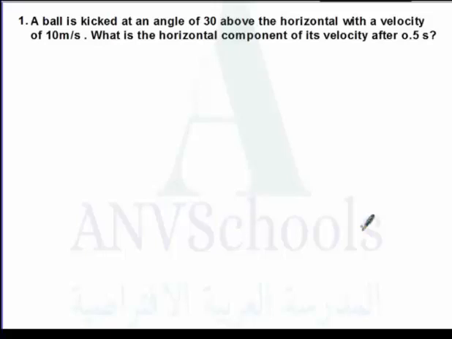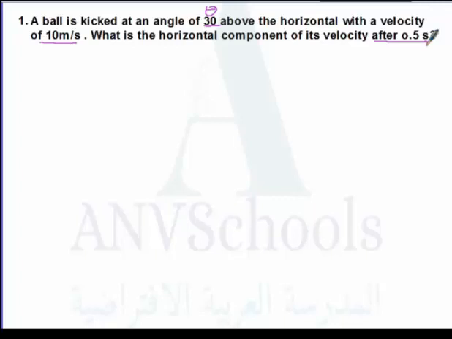Now let's see examples. A ball is kicked at an angle of 30 degrees above the horizontal. This is the angle of projectile, that's theta, with a velocity of 10 meters per second. What is the horizontal component of its velocity after 0.5 seconds? So here we are asked to find the horizontal component of velocity